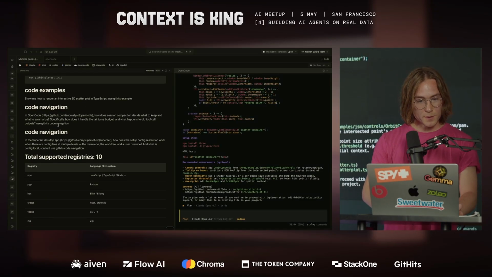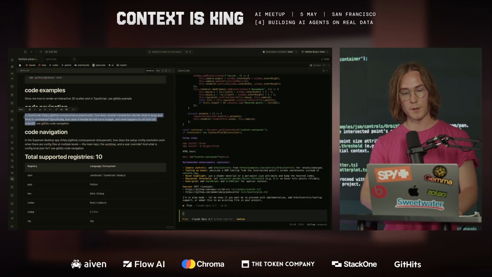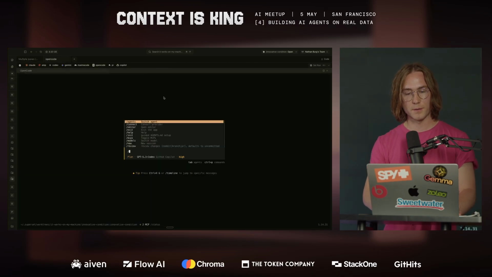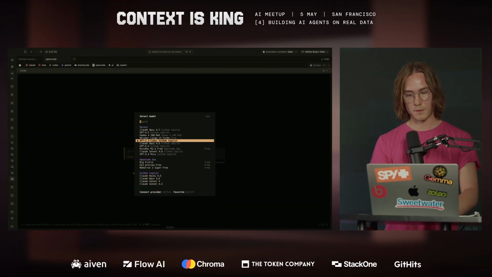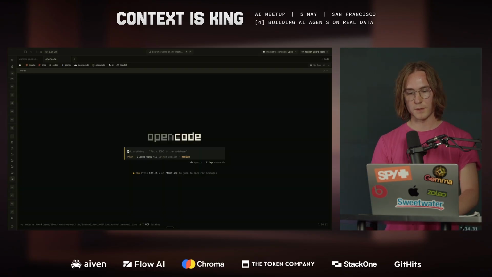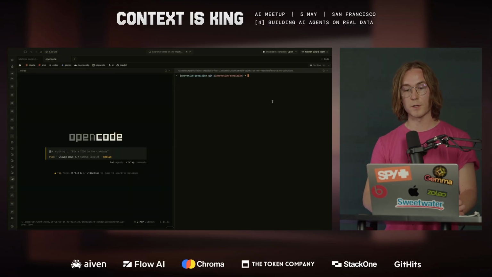This was a pretty cool example. I wanna know how OpenCode handles compaction. So let's go to models, let's go to 4.7, and I'm gonna split pane. I'm gonna show what it's like